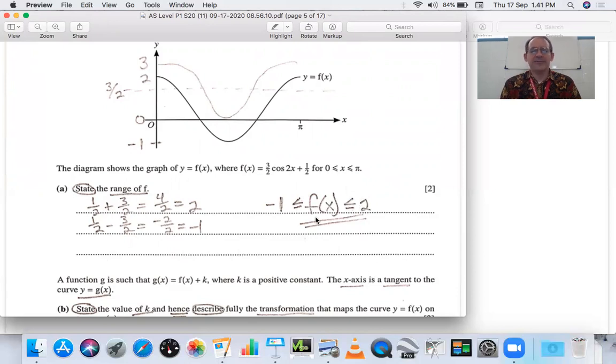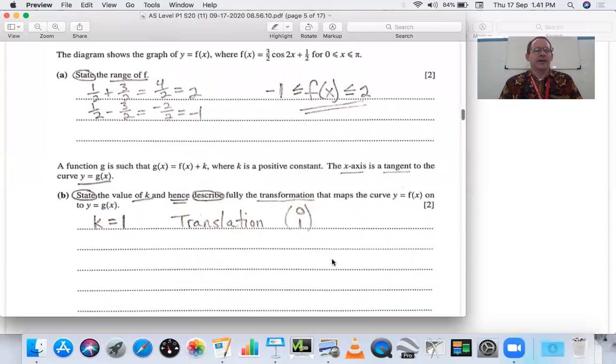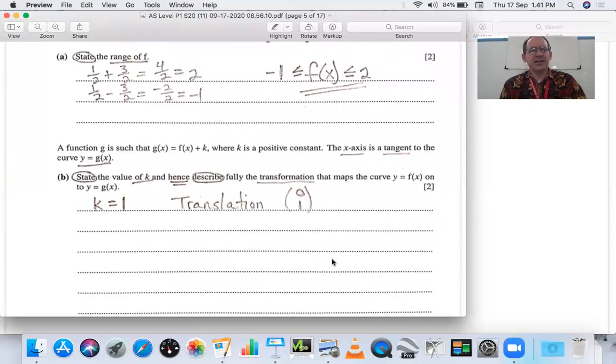So the range of our function, our f of x, is going to be between and including -1 and including 2. Part B, the function g is such that g of x equals f of x plus k. So remember, this plus k is what's going to change your center line. And where k is a positive constant, the x-axis is tangent to the curve y equals g of